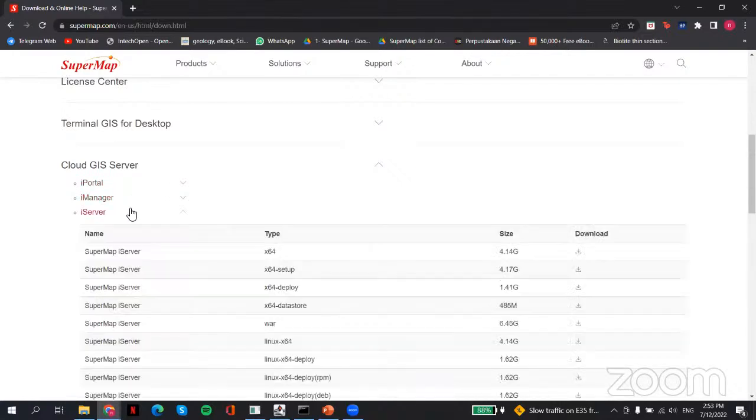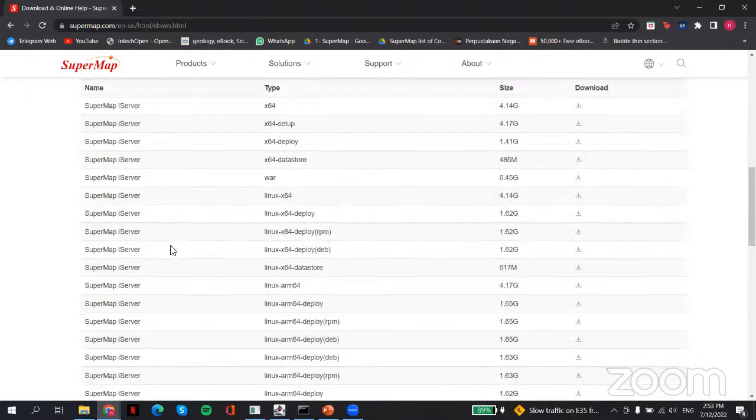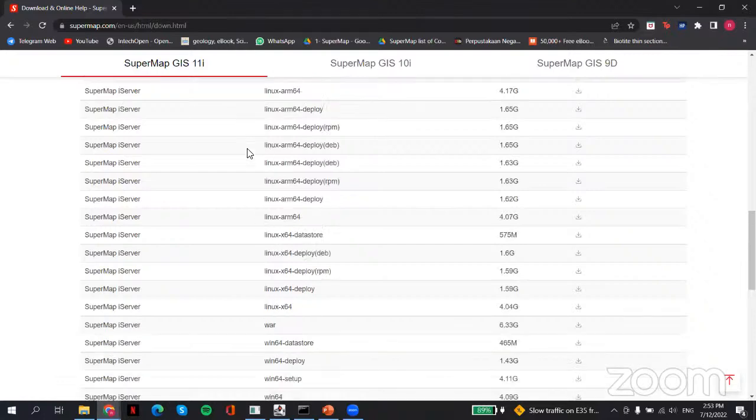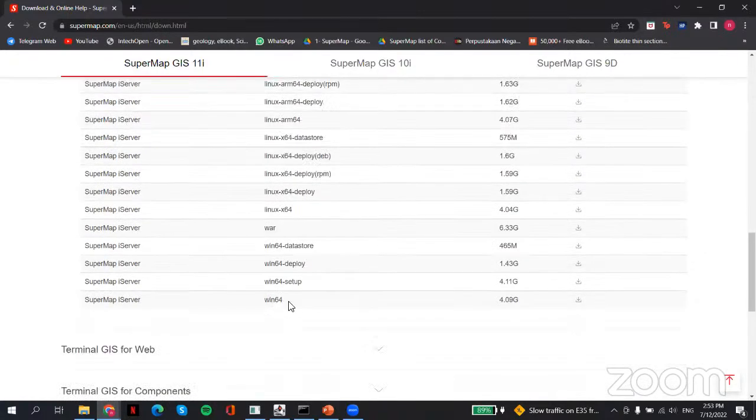Okay, then you can go to SuperMap iServer. Under SuperMap iServer, you can find the SuperMap iServer Win64 data store. You can click on download here, and you can also download the SuperMap iServer Windows 64 deploy. But if your operating system is Linux, you can download the Linux one. Since I'm using Windows, I'm downloading the Windows 64 deploy and data store. For iServer, you need to download the data store too. Okay, so after you download it,